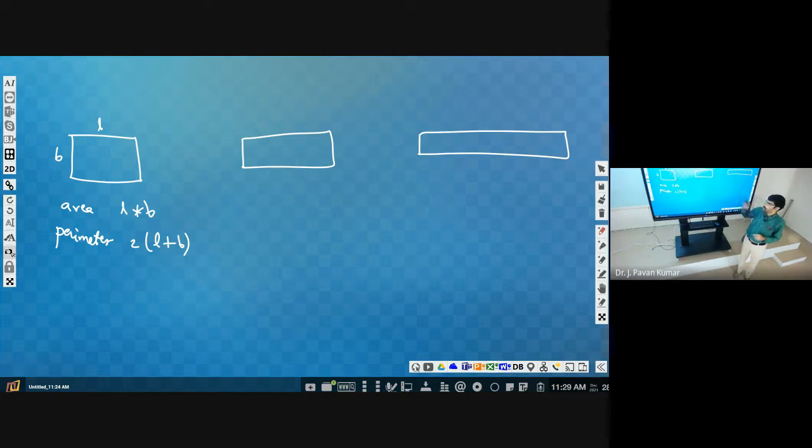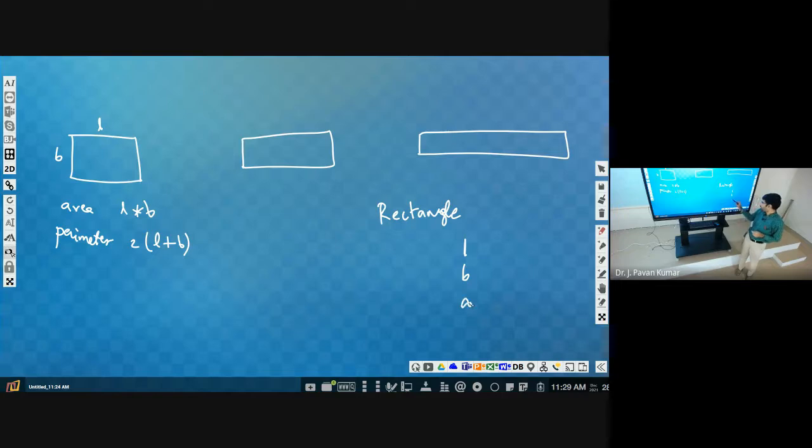Now for a rectangle, what are the properties that we will have? Length and breadth will be the two properties. And by using these properties, the operations that we can perform are area and perimeter.